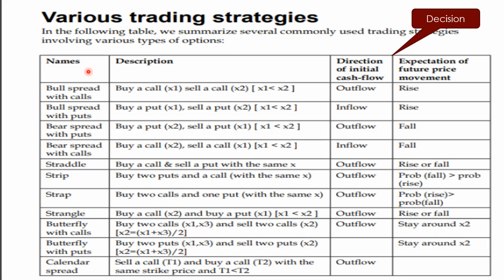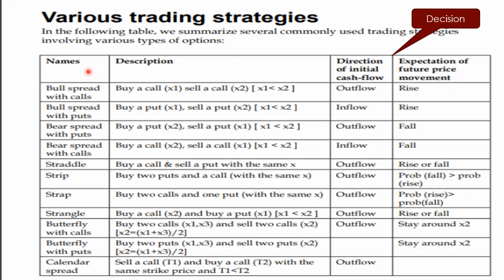First one is called the bull spread with calls. Bull spread with call means that is the call option. Bull spread, the price tends to increase. Simple thing, bull spread means increase in the price, bull effect. If the price tends to increase, you will buy because you are expecting the price will increase. That is the bull spread. Opposite is bear spread. So first one is bull spread with call option.